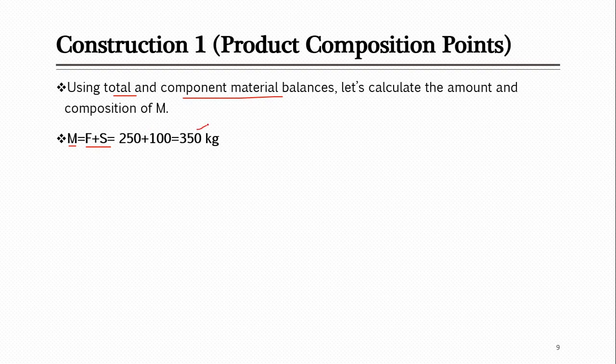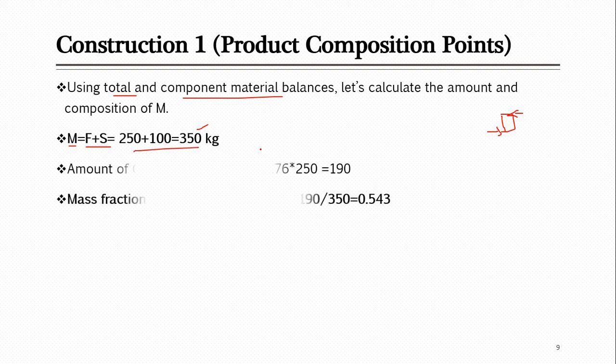So look at this M, which is the mixture: the sum of feed plus the sum of solvent. You already know, and it's straightforward, it's about 350 kilograms. In any system, if you are confused about this, just consider one stage. In this stage, what is entering is feed plus solvent, and then they get mixed, so you get M. So two in, and one thing you can consider as output, or maybe as accumulation, and you can apply the material balance. Just stoichiometry. Here you will get 350 kg.